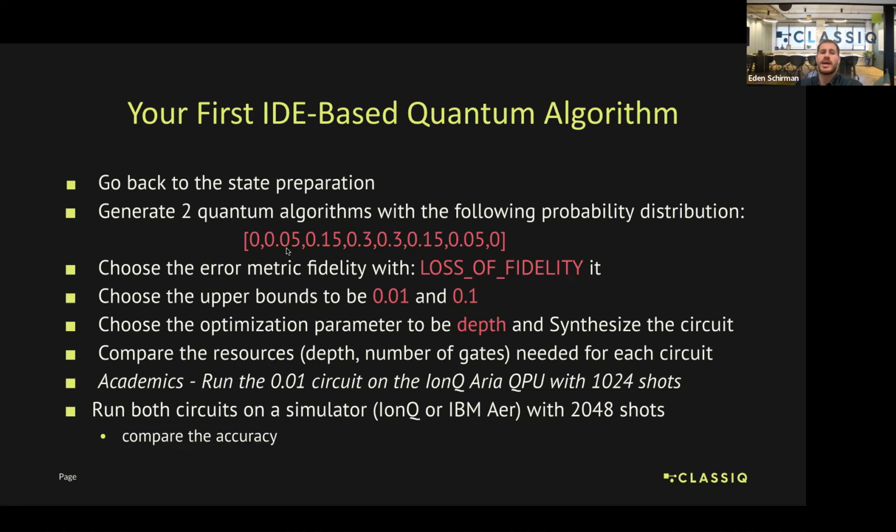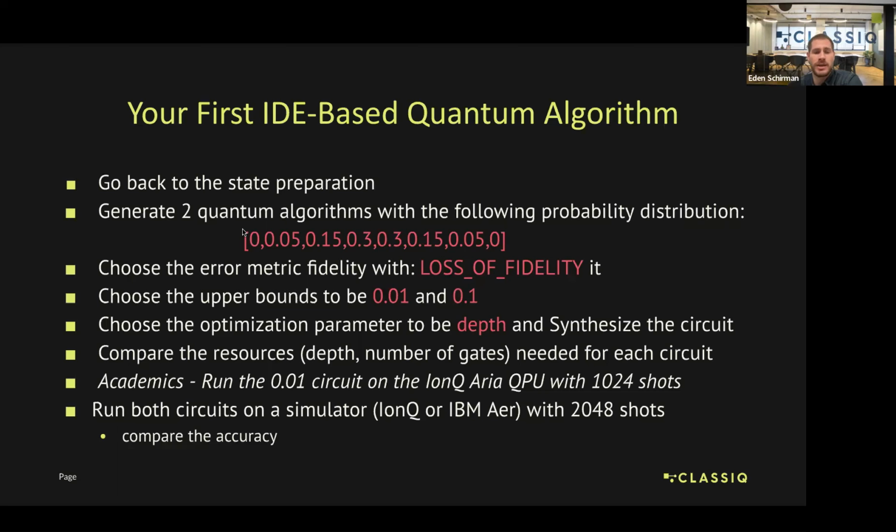So it's 0.05, 0.15, 0.3, and a symmetric continuation of that. So 8 states, we should receive some symmetric pyramid, basically. And we want to do 2 quantum algorithms. So we want to generate with